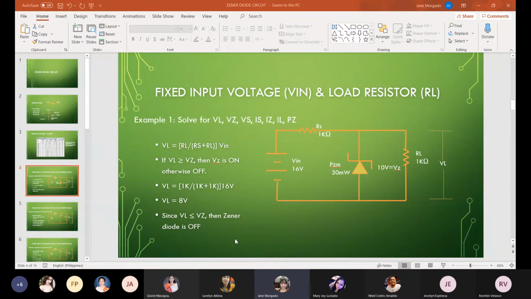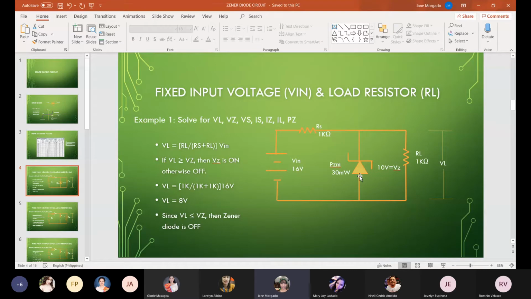Because that is the usual application of Zener, no? The Zener is usually used in reverse bias para mag-exhibit siya ng voltage equal to 10 volts. Kasi pag ginamit mo siya in forward bias, parang gumamit ka lang ng ordinary rectifier diode. And parang sayang lang kasi Zener diode costs more than the rectifier diode. Okay? So Zener again is usually employed in a circuit in reverse bias.